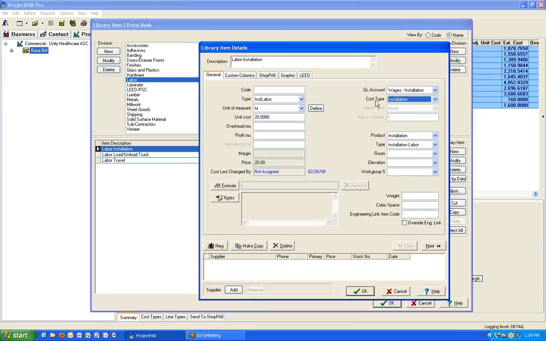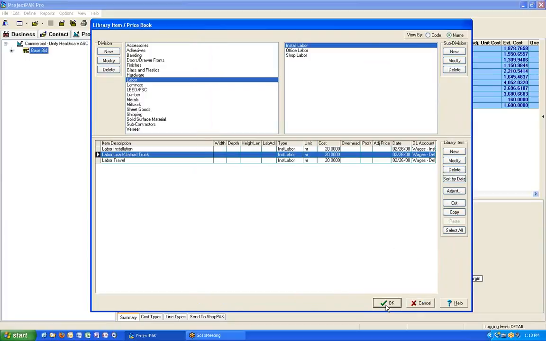Anything that you flag as a cost type of installation and delivery will get included in the calculator, so that you can see what your installation costs and delivery costs are, as well as when you add in these miscellaneous ones on top of it. And as you'll see at the very end, you can actually see it broken out on a document fairly easily too. So any labor or materials that are associated with delivery and installation, it would be up to you to go into the library and assign them appropriately, just like you would any other cost types. So once you have those assigned,